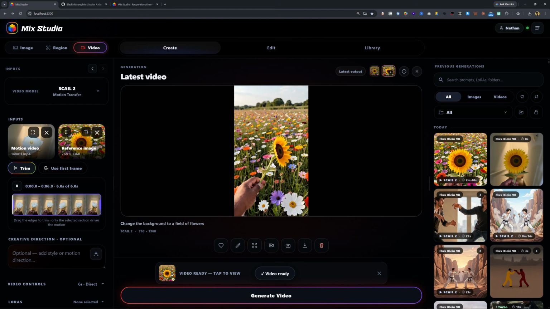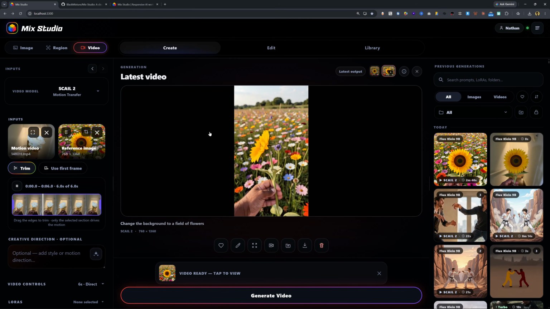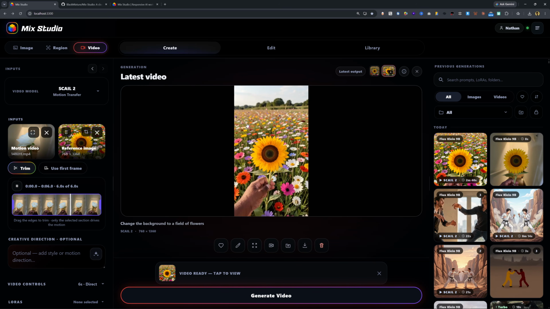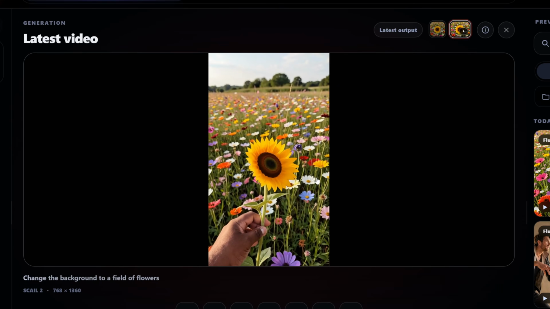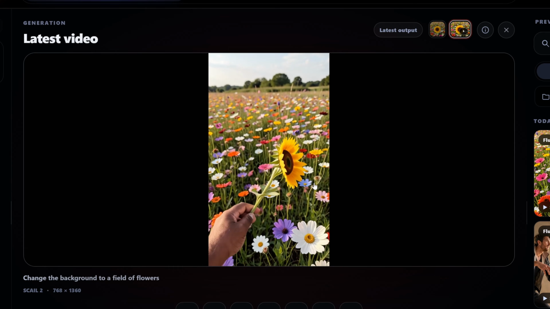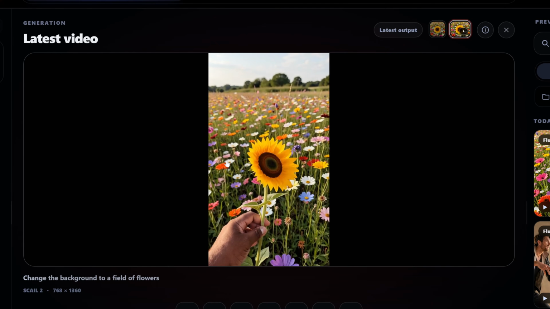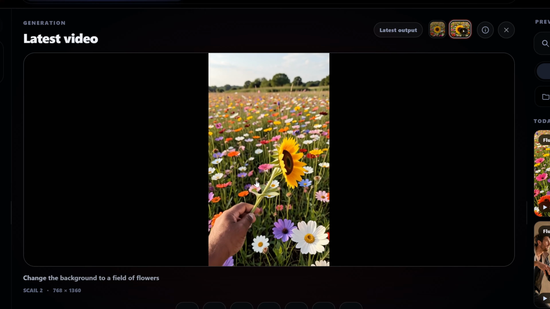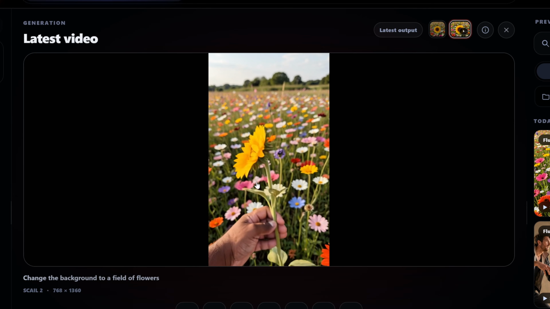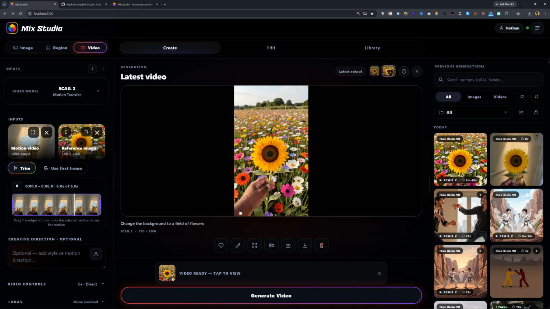And awesome, just like that, we have a brand new generation, which is created using that motion to motion. So you can see here, I think this looks pretty good. The sunflower, when you rotate it, we're actually seeing novel views that were not in that original image, and it adheres pretty well to that 3D geometry of what a sunflower would look like. So to make this even